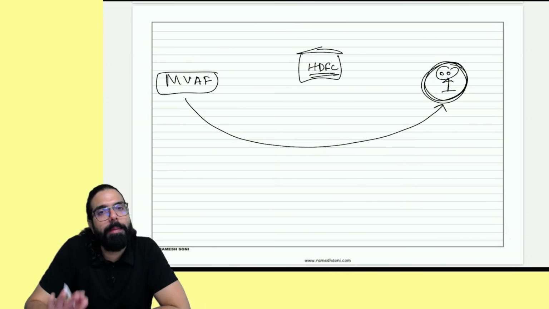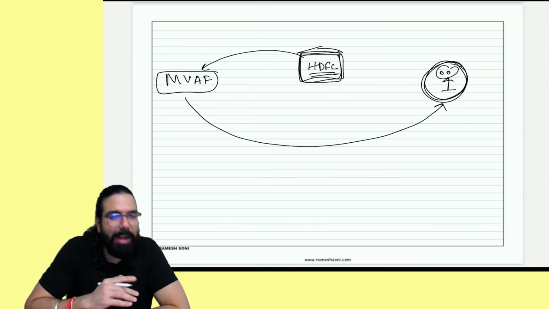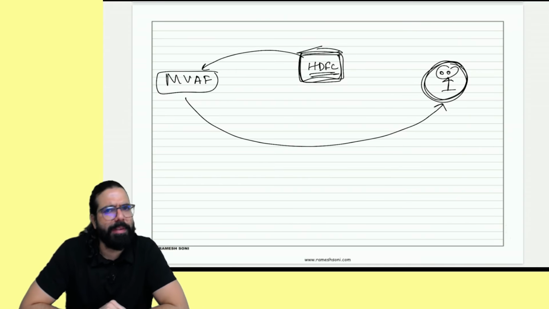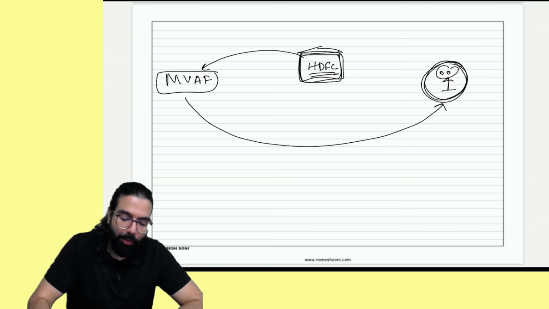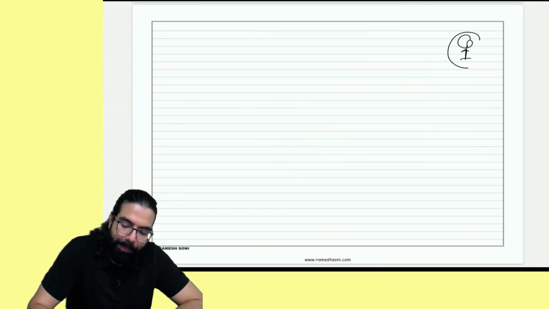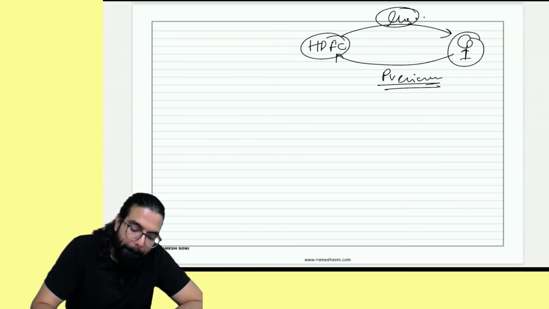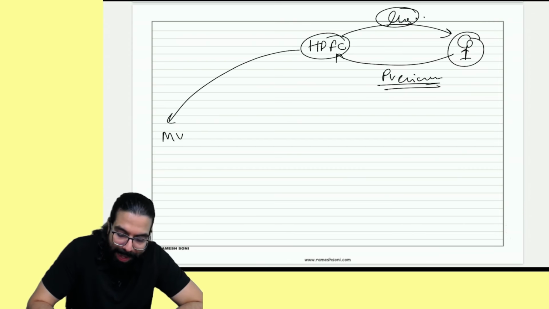Whatever insurance premiums are being paid by people in HDFC, HDFC has to contribute some amount in the motor vehicle accident fund. Approximately 10-15% has to be contributed. So what happens? For example, one person is there. He went to HDFC Ergo and told them, I want insurance. HDFC Ergo goes ahead and gives insurance to him. And for the insurance, HDFC Ergo will collect a premium. Correct? From the premium, one amount goes to the motor vehicle accident fund.